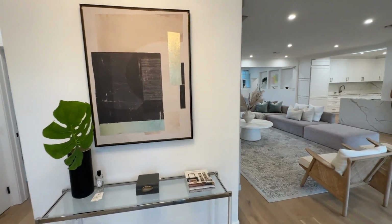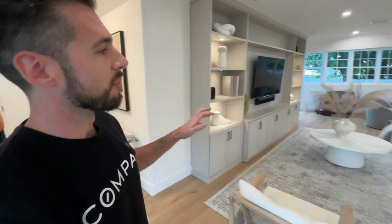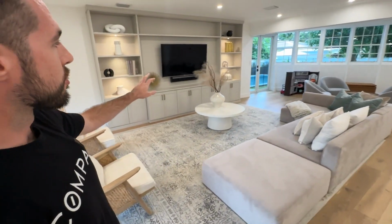This house has been completely renovated. Make our way first into this expansive living area with the built-in and really nice light flooring. The built-in, of course, will stay. Now, one of my favorite features that I love about this house is they kept some of these mid-century modern,